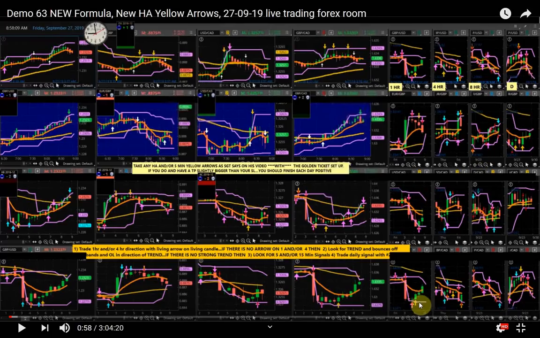Let's have a look at the GCAD. Look at this, same again, BB band comes down, not far off it for me. 1 hour is down, 4 hours to the orange line. Highly likely that we're going to get